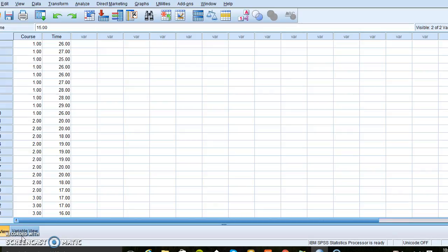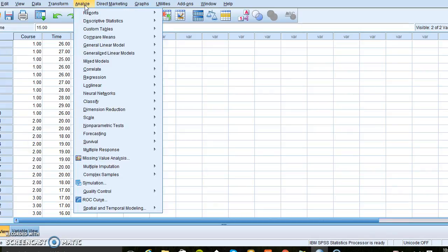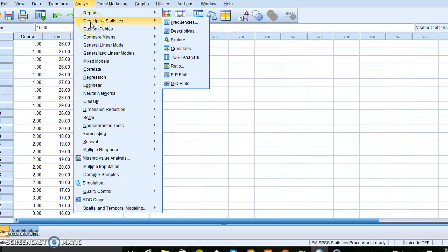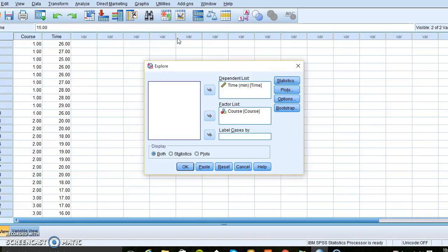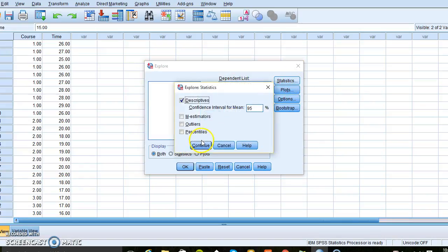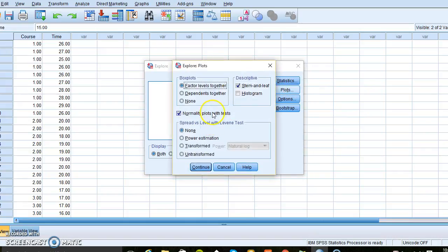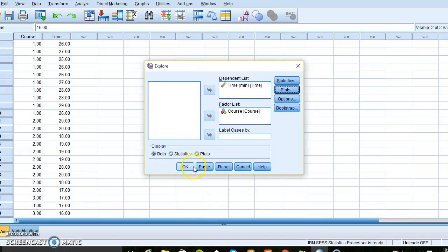So to test for that before we actually do the one-way ANOVA, we will test for normality within the data. To do this, we'll go to Descriptive Statistics in the Analyze tab, and within this, we'll go on to Explore. In the dependent list, we want to put the time, and in the factor list, we want to put the course, and then we just want to make sure that these are all ticked correctly. In the statistics section, we want to make sure that descriptives is ticked, and in the plots section, we want to make sure that normality plots with tests is also ticked, and then we can